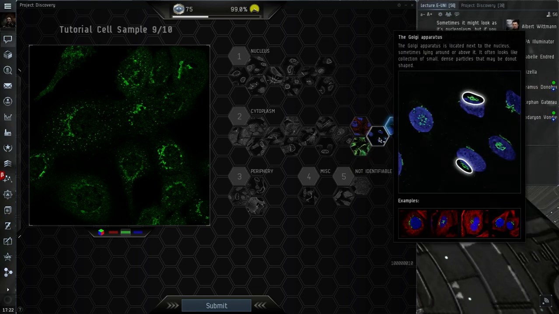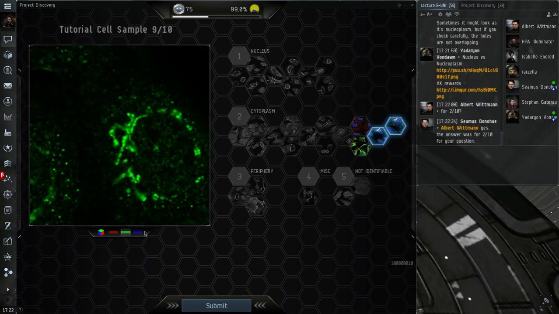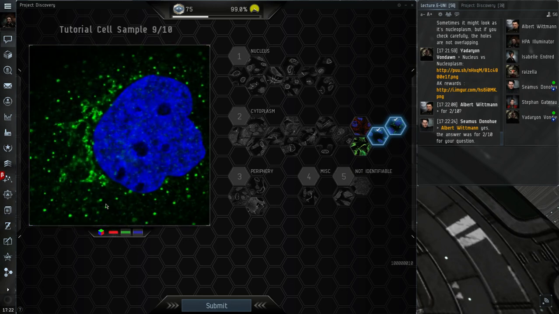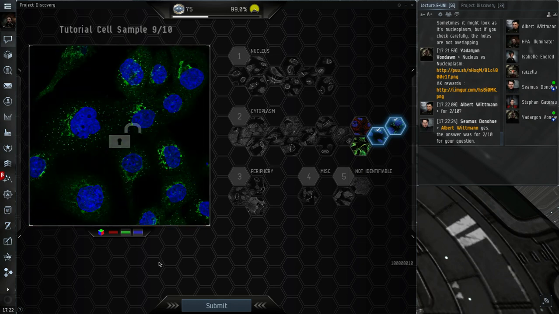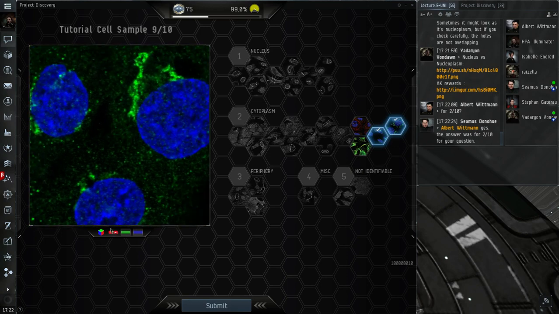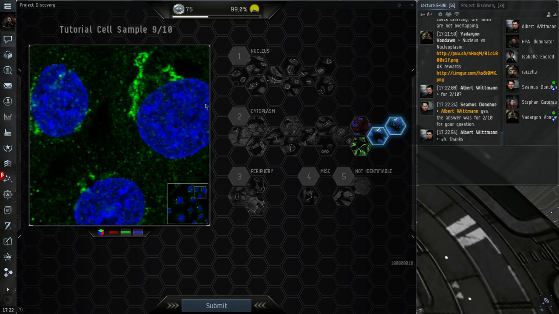And we also see the Golgi apparatus, which is really clear here. You have this sort of dense pattern next to the nucleus. It looks a little bit like mitochondria, but it's very often staining only one side of the cell, or sometimes laying over or around the nucleus. Mitochondria are more spread out through the cell. And up here you also have a very nice Golgi apparatus.